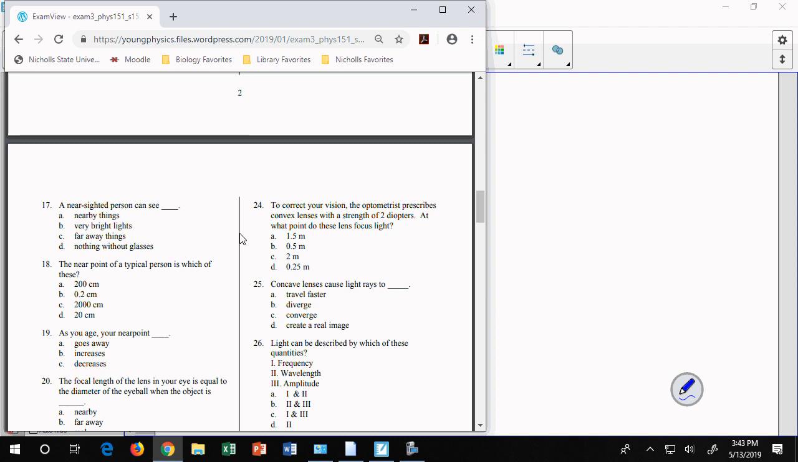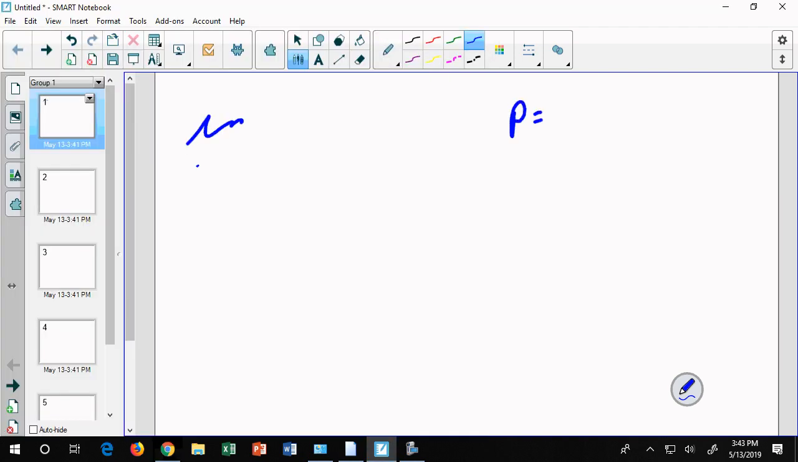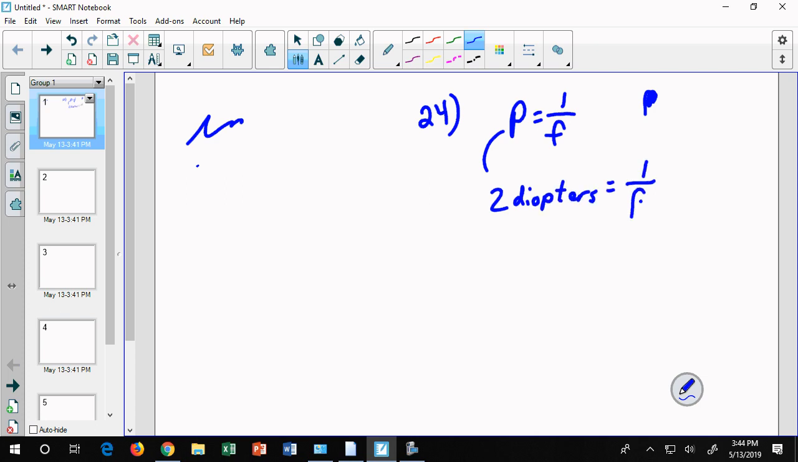You need to know, first of all, that power is equal to 1 over the focal length. This is 24 on spring 16. So you do need to know that the power is 1 over the focal length. Let me just go ahead and write those while we're here. Is that when it says diopters? Right. No, that's the power. So the power, which is 2 diopters, is equal to 1 over the focal length. So then you have to find what is the focal length. And so it's 1 over 2,